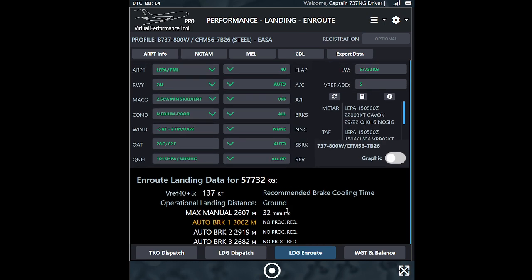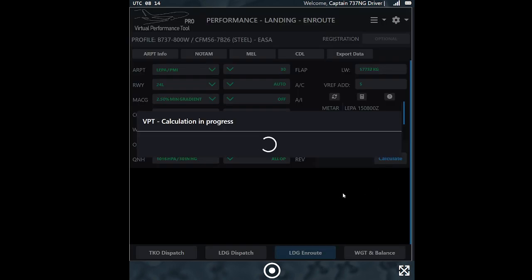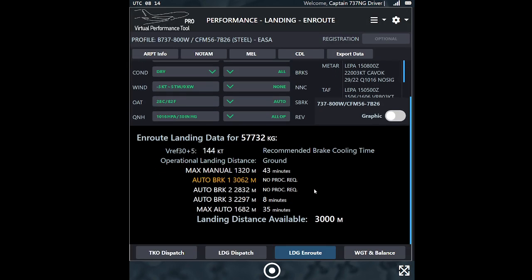There is one final thing that I would like to mention here. Let's go back to our original example. We have a dry runway and we have a flap 30 landing with no reverse credit. Actually, we'll take the reverse credit because we need it for brake cooling. Then 2,297 meters. Now, let's go ahead and not subtract those 15% from this number, because obviously for legal purposes, you're